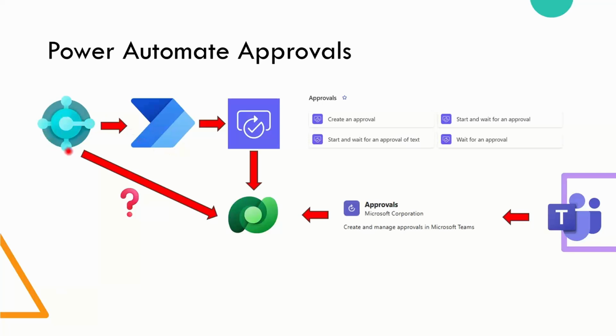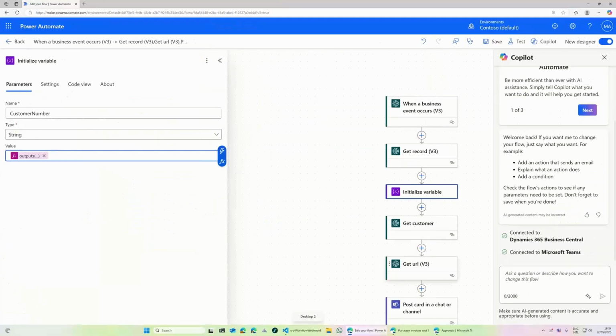While at the same time, Business Central has no idea what happened with Power Automate. It's still waiting for the response. As a result, the approval request is stuck pending approval, and the only way to get out of that is by canceling the approval request in Business Central as well. Otherwise, you have no other option. So let me demonstrate this behavior to you.